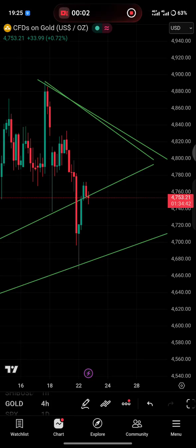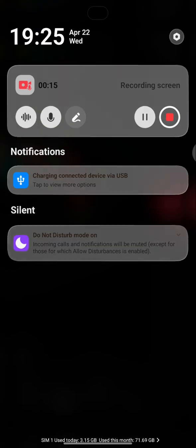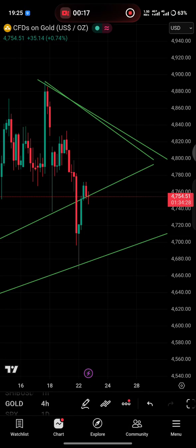After forming a bullish price action on the 4 hours chart, can this bullish price action be sustained? We'll check and find out, right? Welcome to the Silent Trading channel on Wednesday, the 22nd of April. Today we're going to be checking out what the chart is trying to do right now after forming a bullish